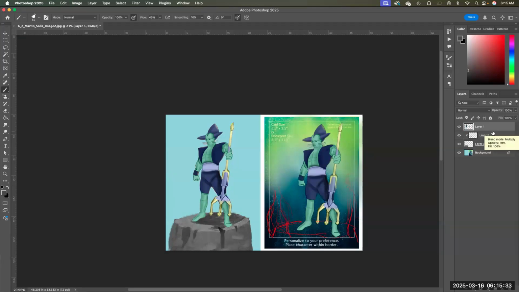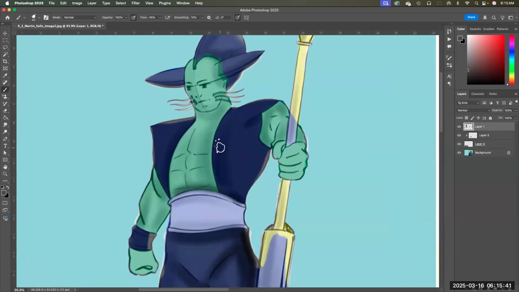All right, so let's go to the character right here. And just like what we did with the rock, you pretty much treat it the same way. You can go in there, you can apply some textures using some images and then setting the blend modes, or you could stick with a textured brush. The great thing about the textured brush is that